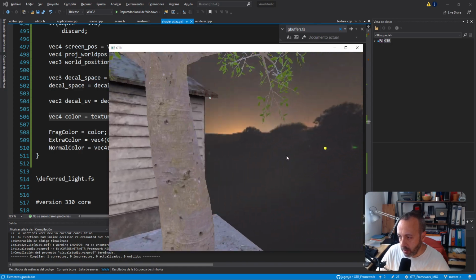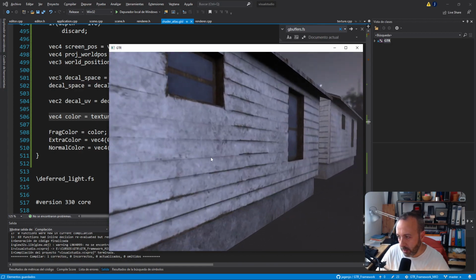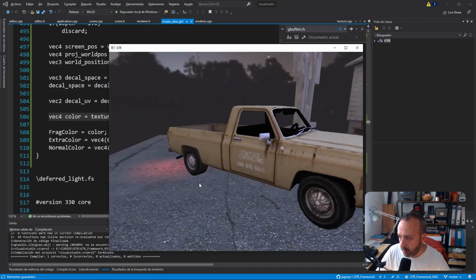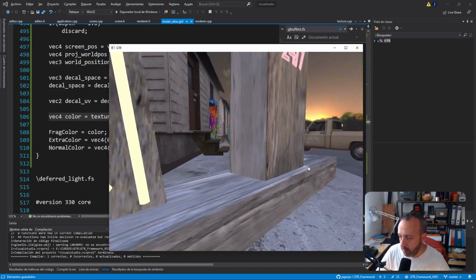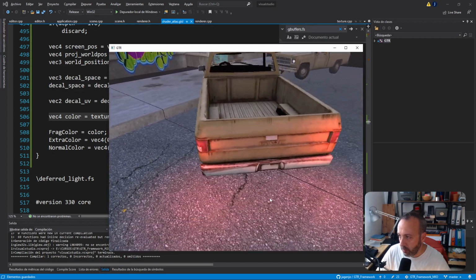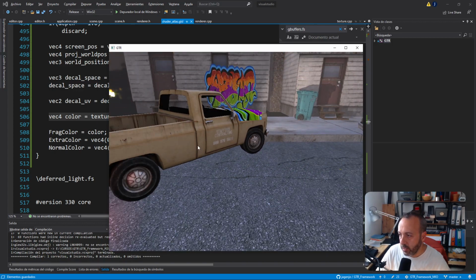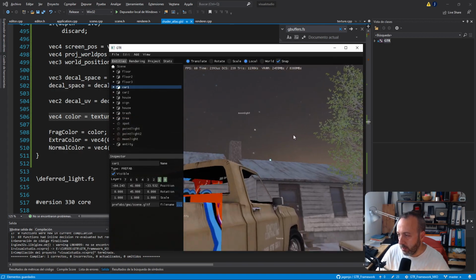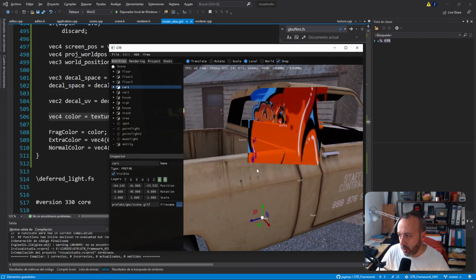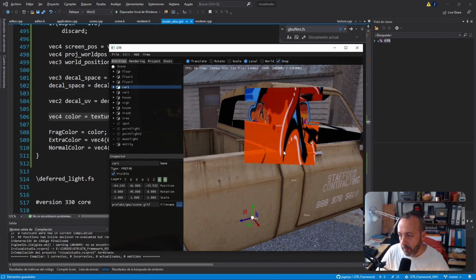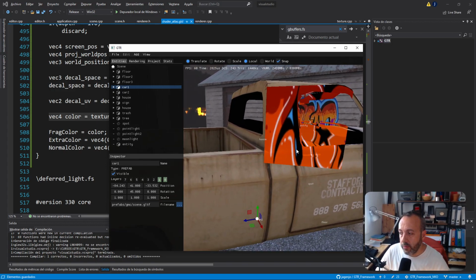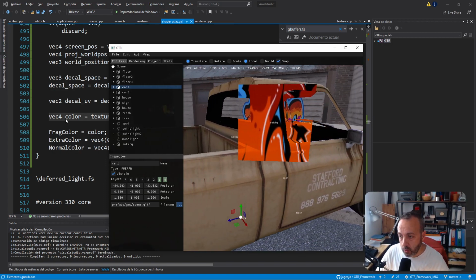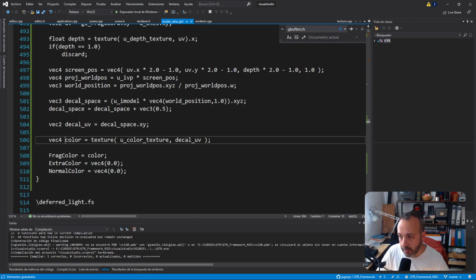Like if I go, I don't know, to the house here behind, maybe it's not visible because it's in the other direction. Yeah, but here, that's weird. I was expecting it was going to be visible. But anyway, if I take this car now and I put it here and I move it up, the problem is that this square, you can see the box because it's behind and it's converting the X and Y, and when it's rendered here. So you want that if the point is outside of the decal space, outside of the cube, don't render it. And the best way to do that is just by checking if the Z is inside or outside. So if I go here and I say